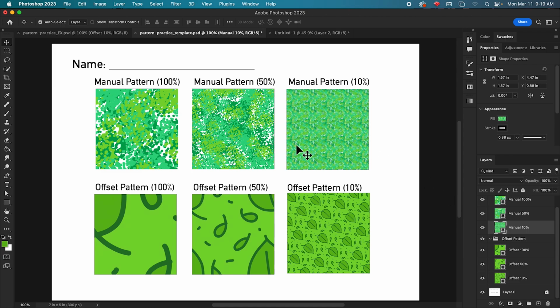Fun fact, this manual and offset patterning that we did today is how we used to do textures in video games. Now they kind of paint directly onto things, but we used to have to throw a texture into Photoshop and offset it and play with it and offset it and play with it until it tiled correctly. All right, so